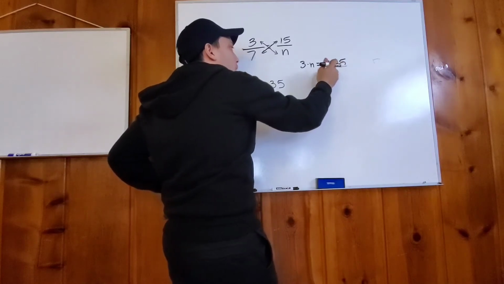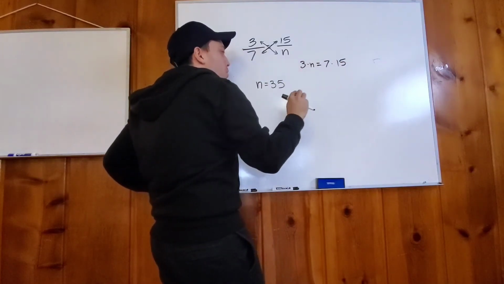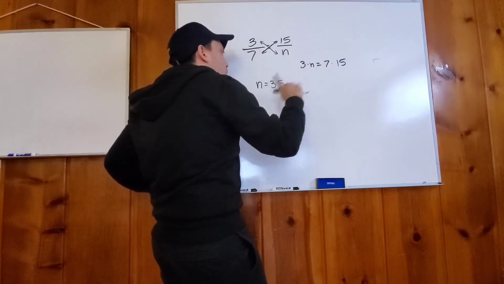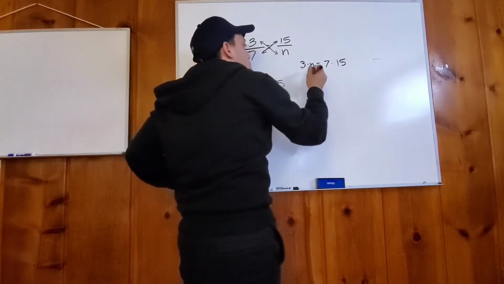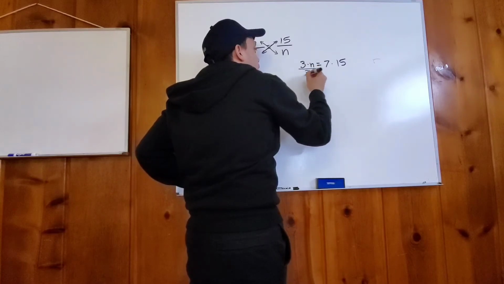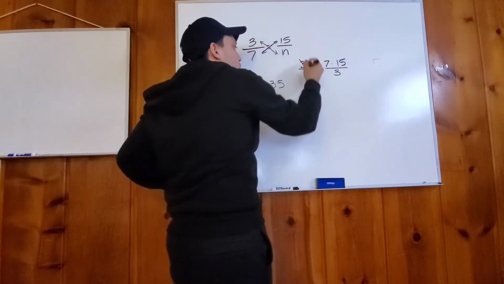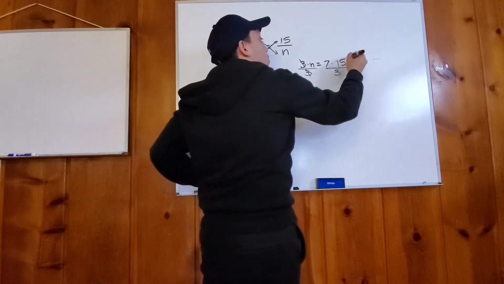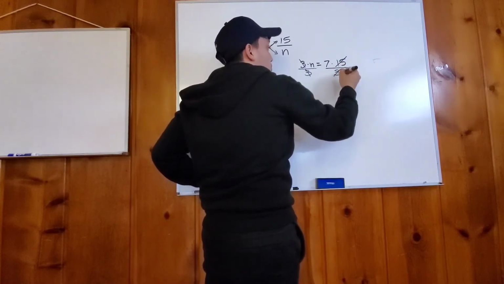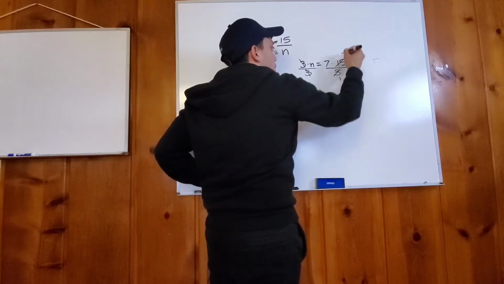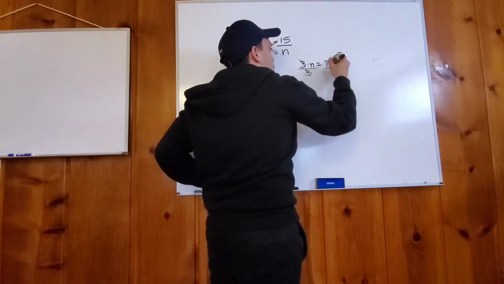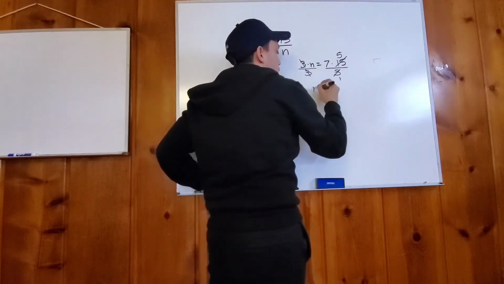It's going to be 105, I think. But you don't have to do that because 105 is divisible by 3, so let's not worry about that. So what we're going to do is divide by 3 first, like I always told you that I prefer to do. So we divide by 3, so this becomes 1, and then we're going to divide the 15 and the 3 both by 3, and this is going to be a 1, and this is going to be a 5, and equals 7 times 5, which we thought